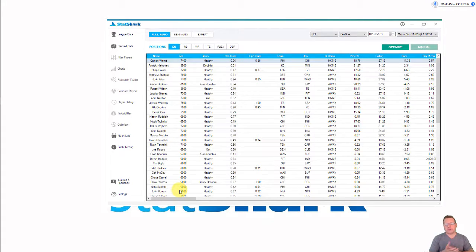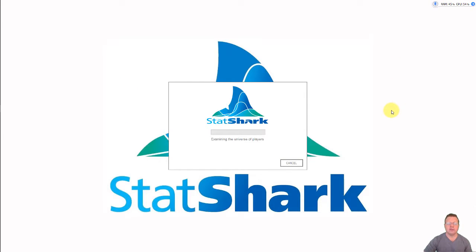Before we do much of anything, I'm simply going to take you through full auto. Full auto is for individuals who don't necessarily want to take the time to learn expert mode. There is a connection between semi-auto mode and full auto mode. But in the event that you've had a long day at work, you've had family obligations, etc., you don't have a lot of time to get your lineups built, and you simply want to allow the application to do so, you can come in, we're on full auto mode, you click optimize,